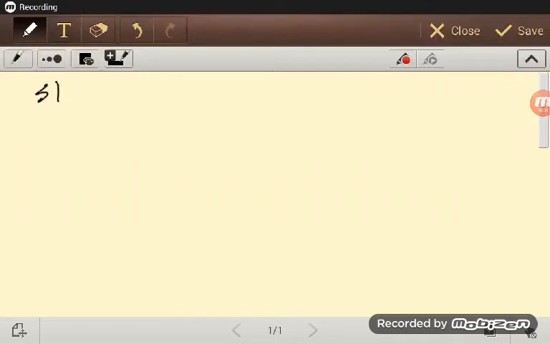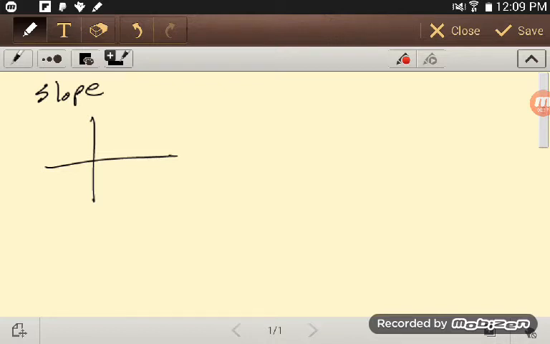We begin with slope, and we just need you to know a couple things about slope, I guess. So typically when you think of slope, right, you've got a graph, and a slope has to do with